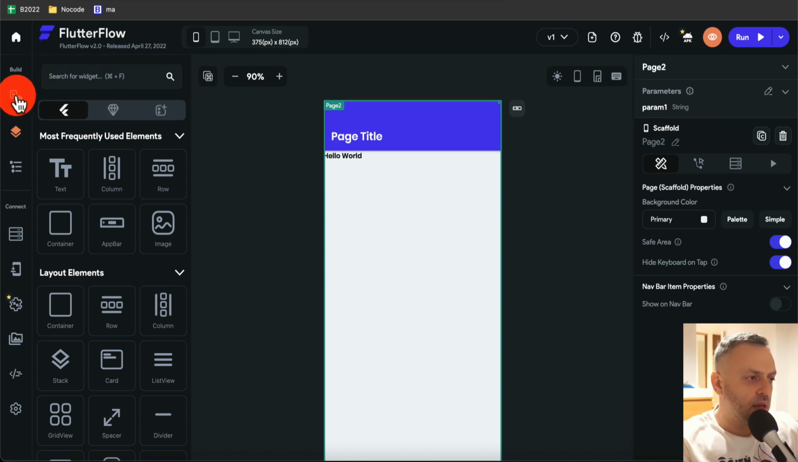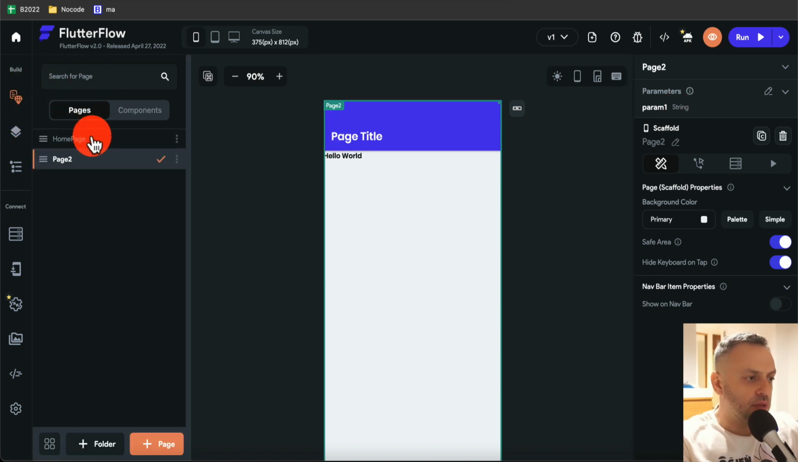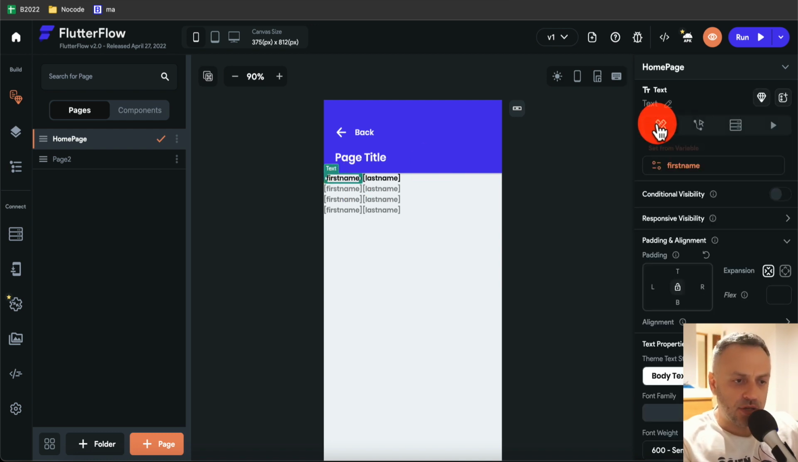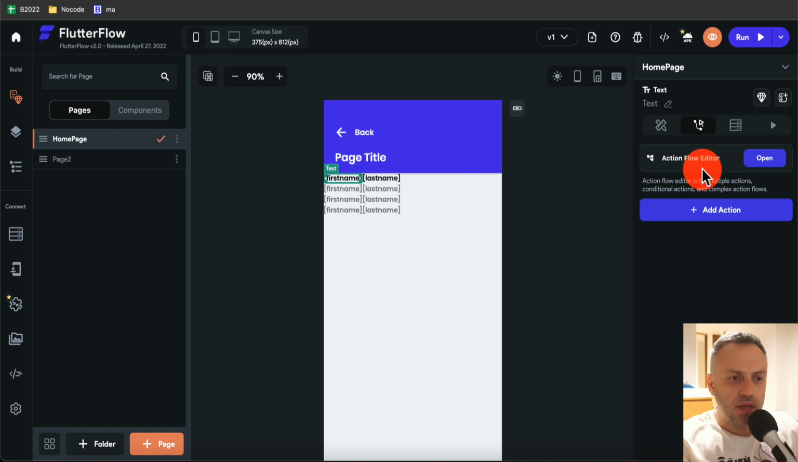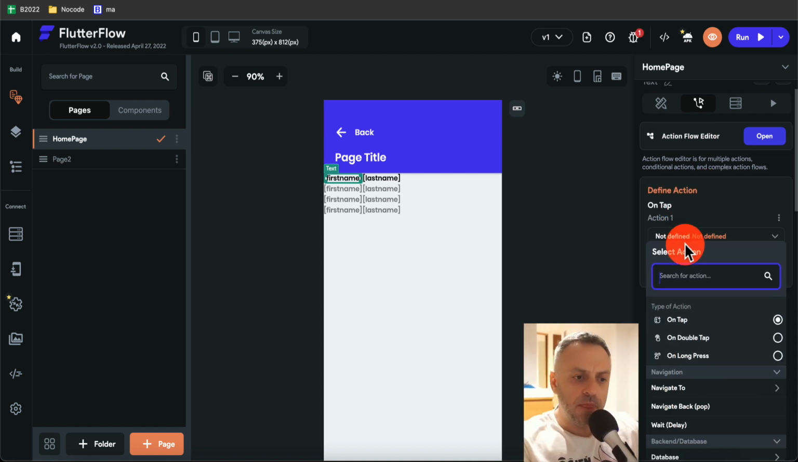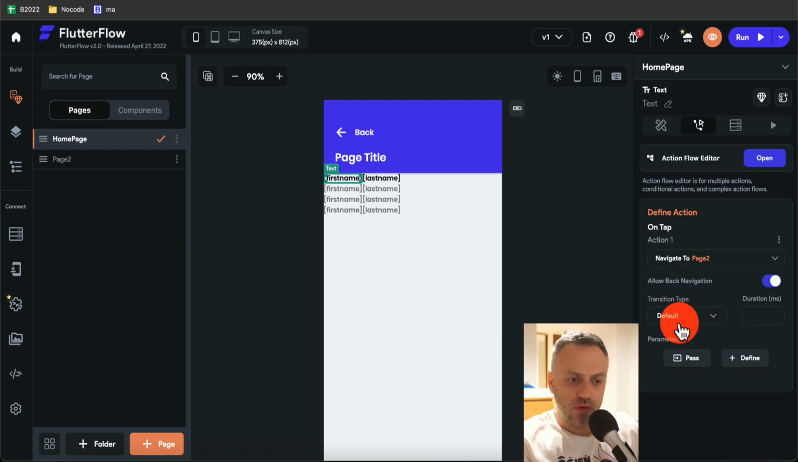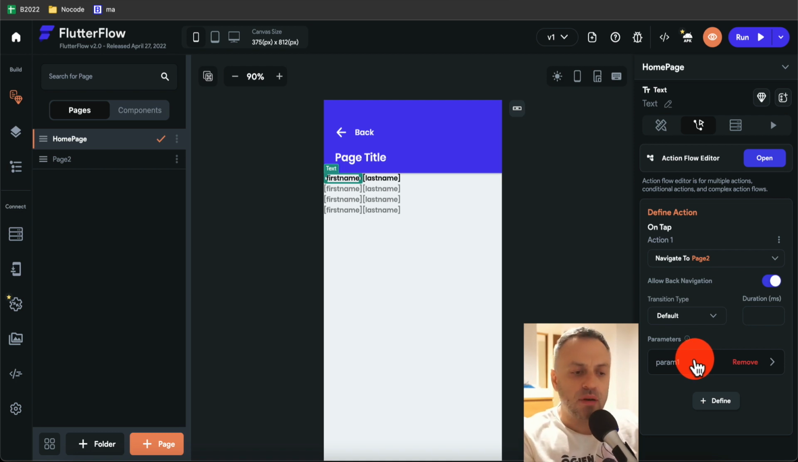So if I go back to the other page, the home page, I come in here, now I can add an action. The action is going to be navigate to page 2. Okay, so this is the action. On tap, navigate to page 2, and we can actually pass a parameter. Okay, so we have that parameter. The second page is expecting a parameter, and we can